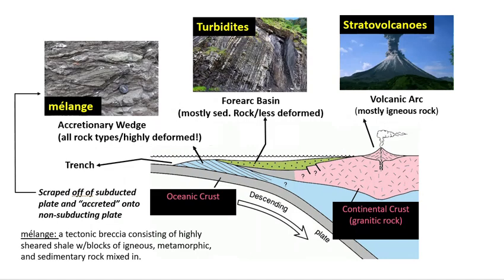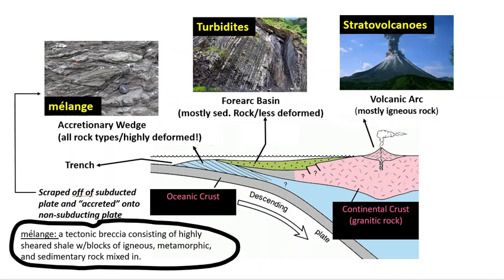And let me say a little bit more about the various rock types that we find in these three areas. So there on the left-hand picture is an actual photograph of typical accretionary wedge material. It's known as mélange, which comes from the French word for mixture. And a good way to describe mélange, it's essentially a tectonic breccia. That just means it's a bunch of broken pieces of other rock that are all kind of mushed together and